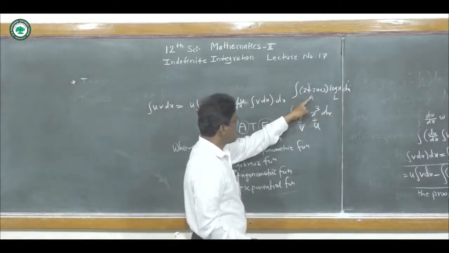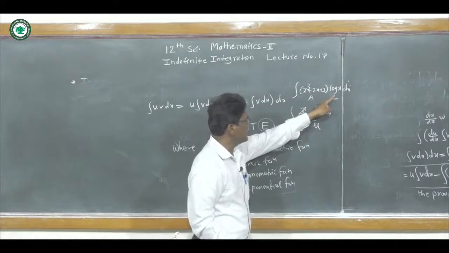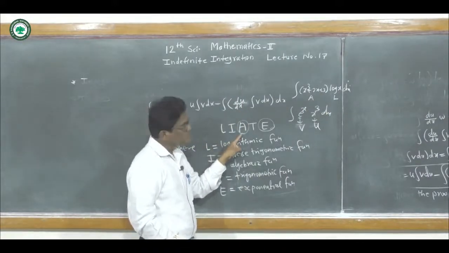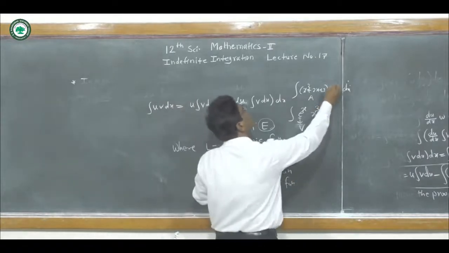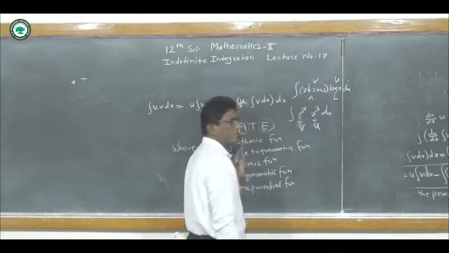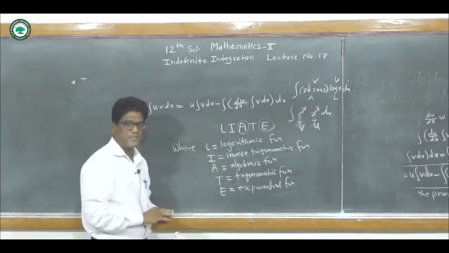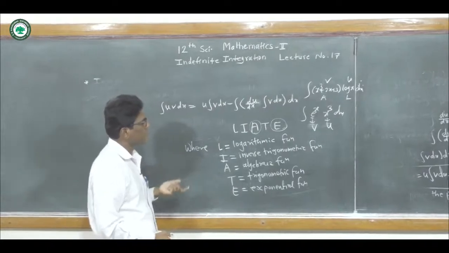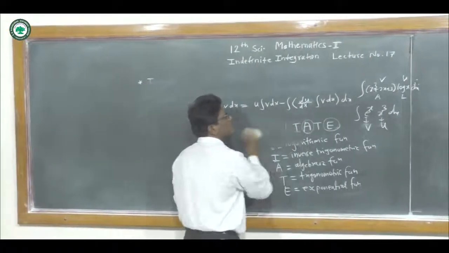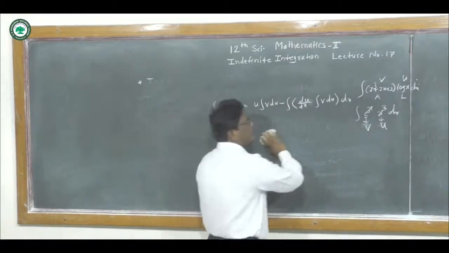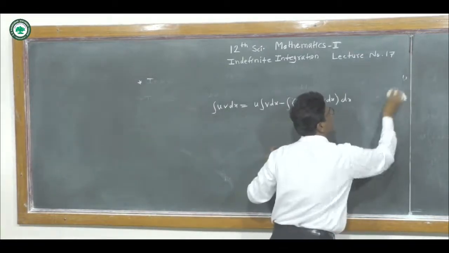So here this bracket is A and this is L, and L appears first and then A appears. So we take this L as u, meaning log x as u, and this bracket as v, and then we integrate. Get it? So here we make the proper choice of the first function and second function, and we have to learn this formula: integration of u v dx.